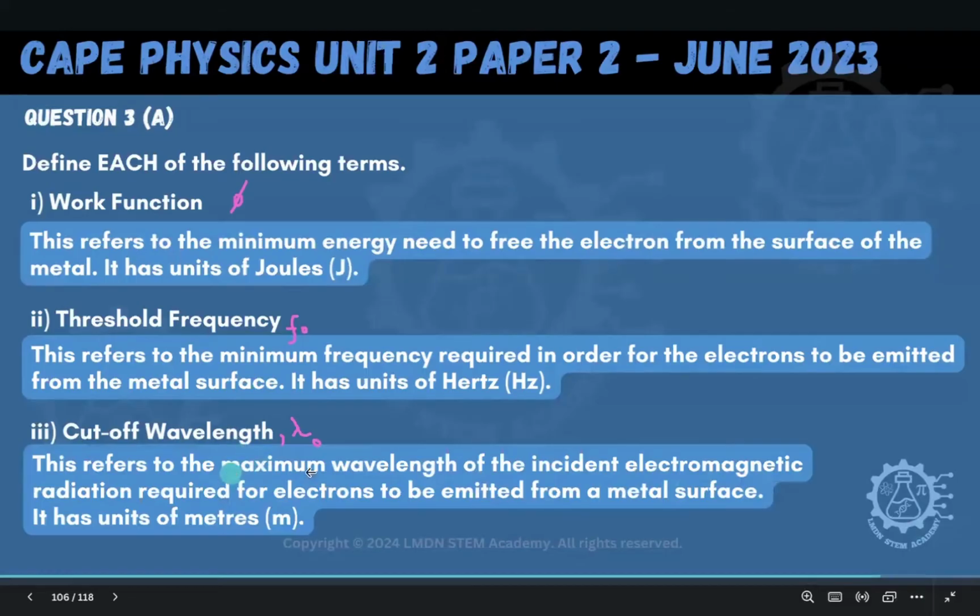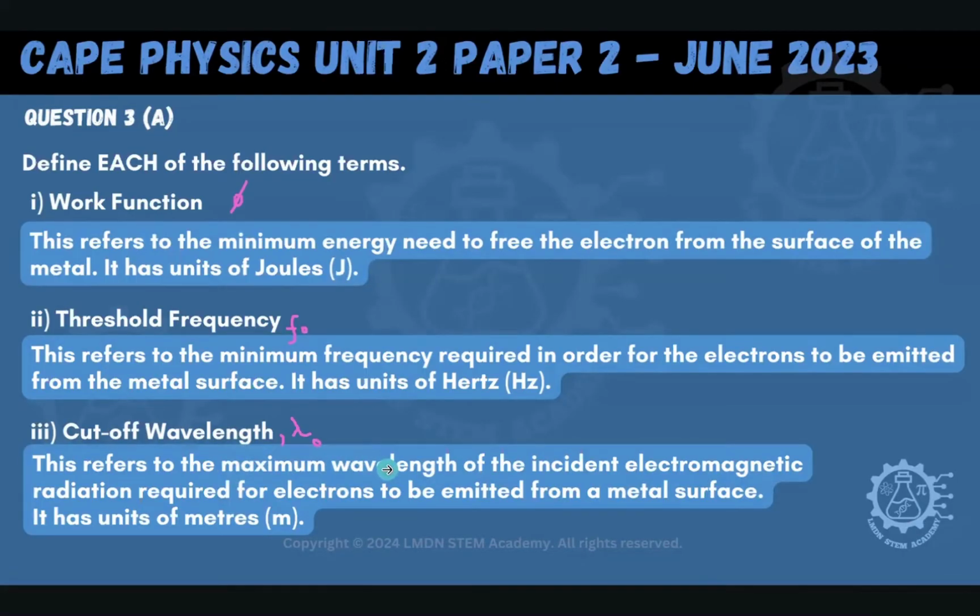So if we think about this one, why is it the maximum wavelength? You know that the longer the wavelength you go, you're getting lower and lower in energy, right? So there's a max wavelength, that if you go beyond that, you're not going to be able to get the electrons to come off. So there's a maximum wavelength there known as the cutoff wavelength. All right. And so let's go ahead here